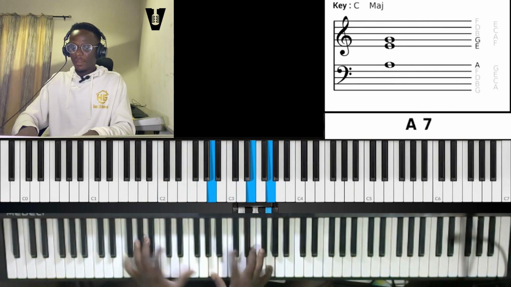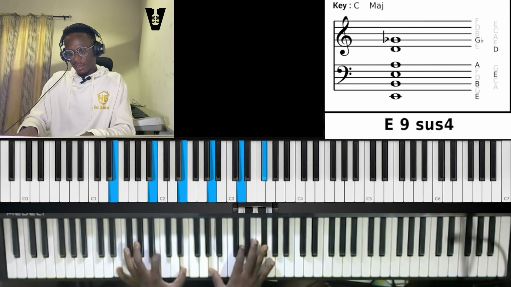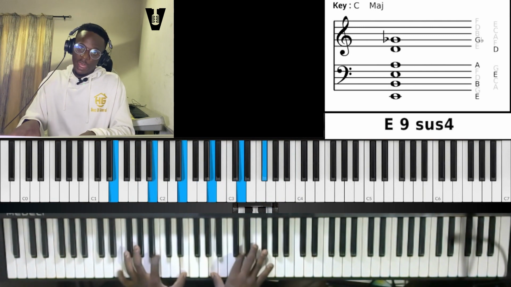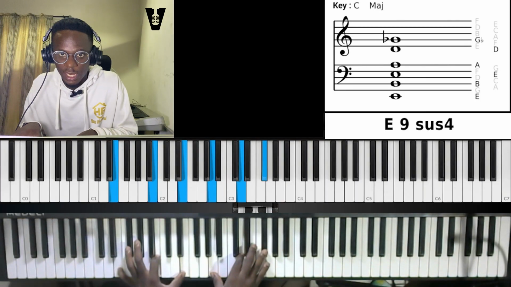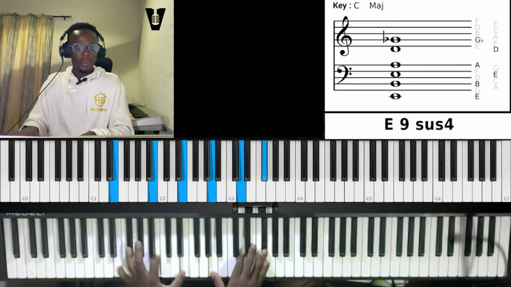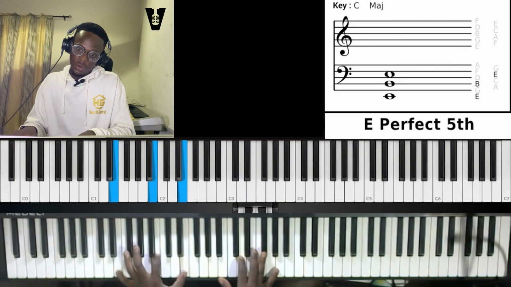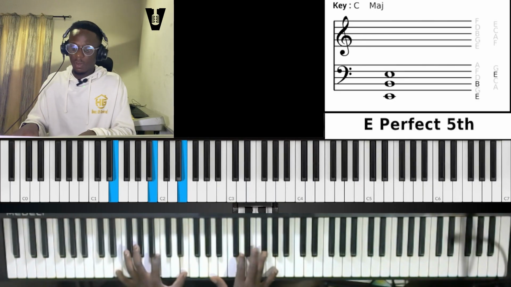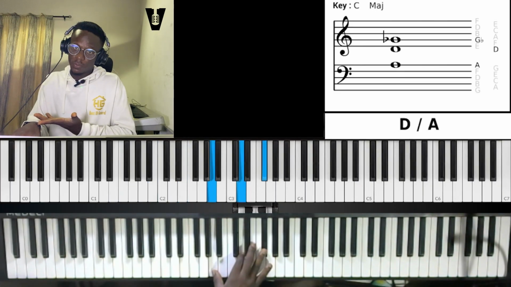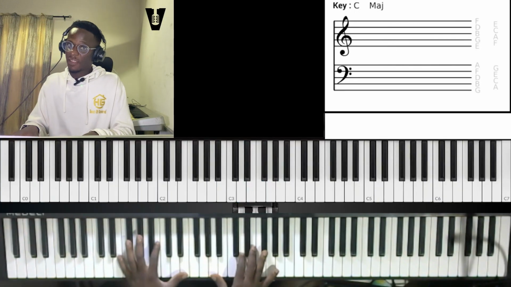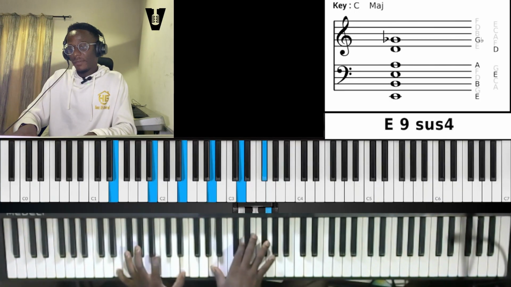Then for the 3, you have this. Yes, this is more like, again, forget the big names. E9 sus4 is what I'm seeing on the screen, but it's actually E major here. That's E perfect fifths with D major. So more like playing the flat 5 over the 3. So you have this